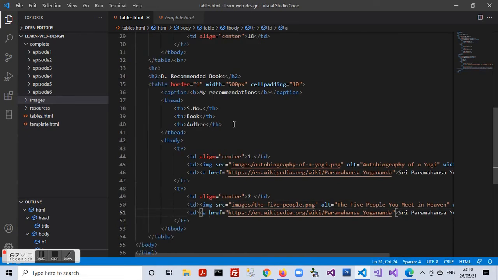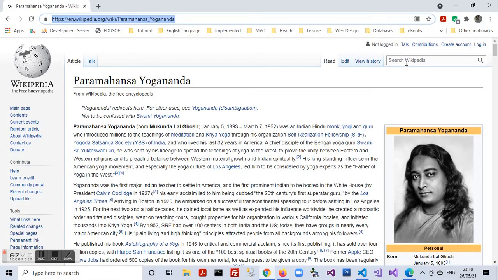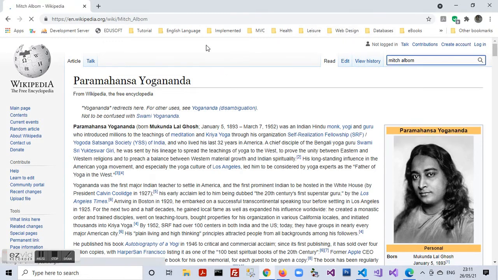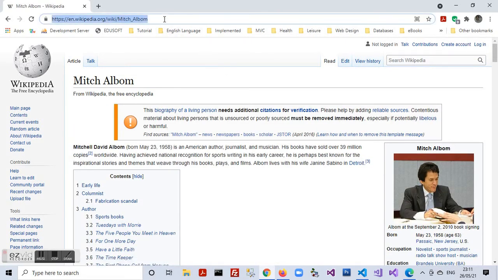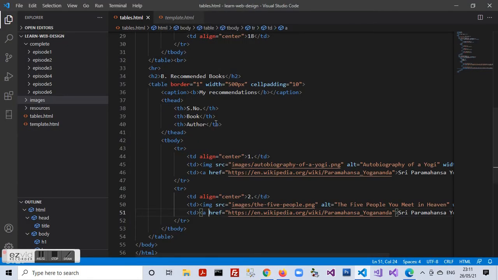And the link also has to be the Wikipedia page of the author, which is Mitch Albom. So here we have the Wikipedia page of the author for this book. We'll copy the URL, we'll paste it.